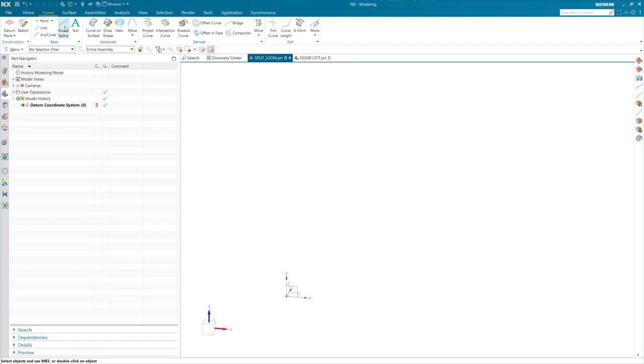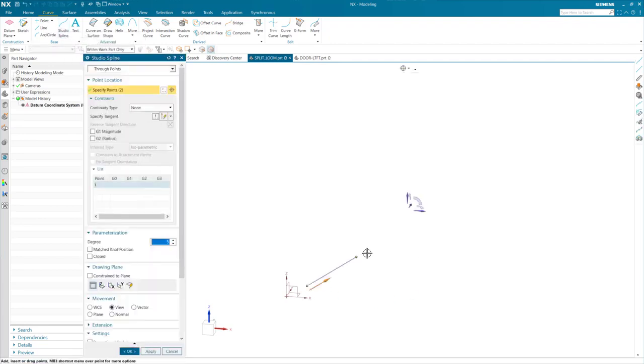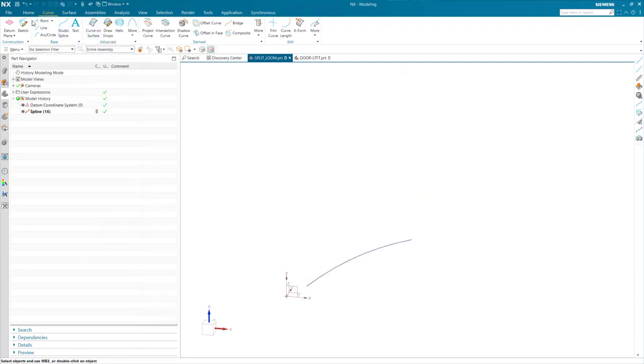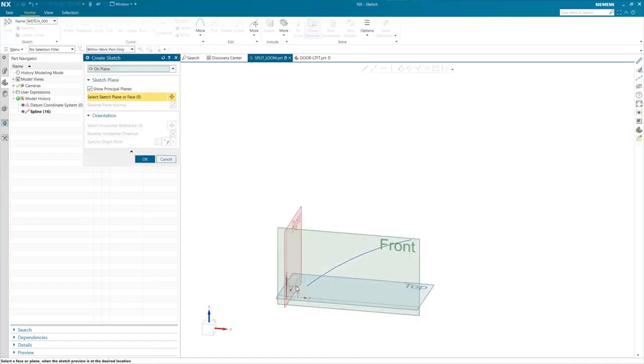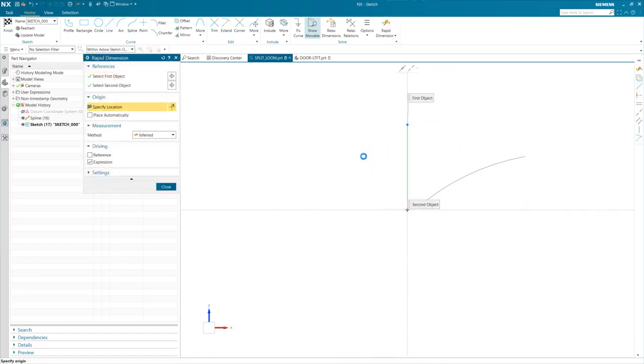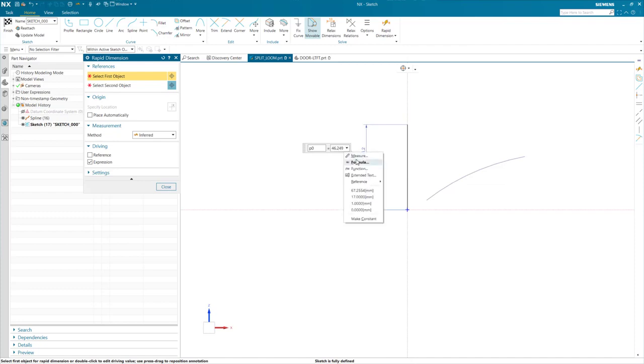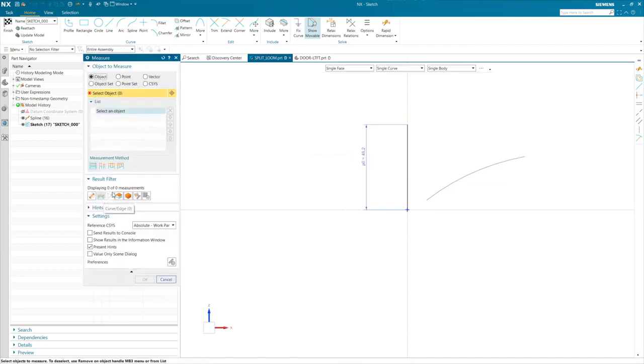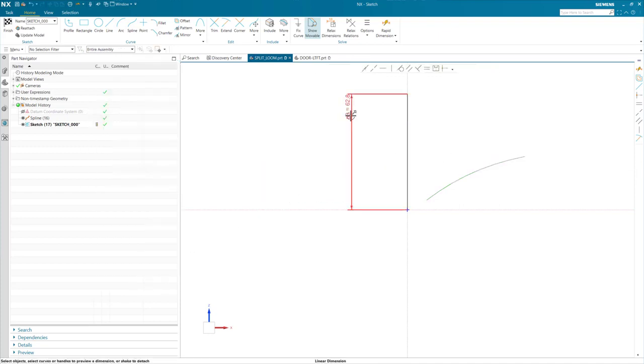The first step I'm going to do is create a spline that will be used for my split loom model. Next, I'm going to create a sketch on the front plane, just to put a simple line that will update with the spline length. When I put my dimension, I'm going to create it with an expression, and I'm going to use the measure for the value, and I'm going to just click that spline and make the length associative. Next, I'm just going to rename this expression to the loom length and go ahead and finish my sketch.